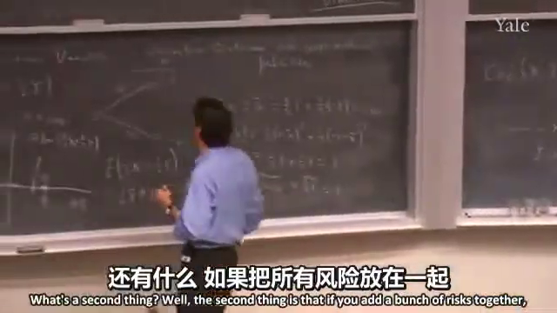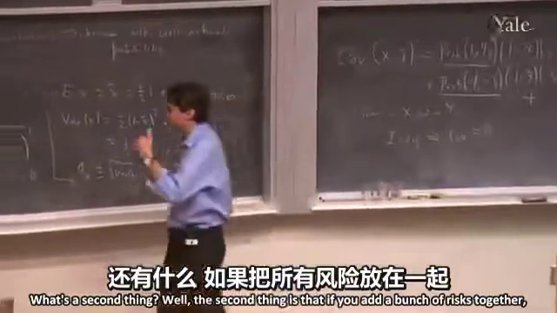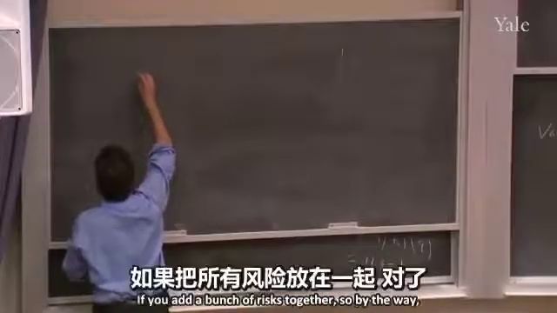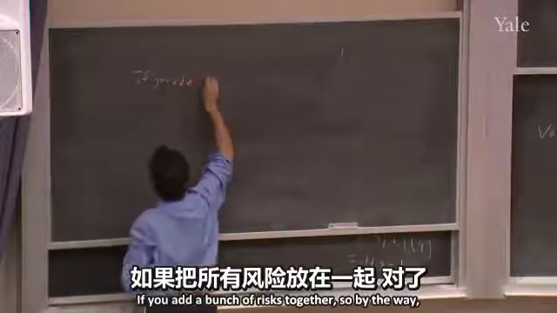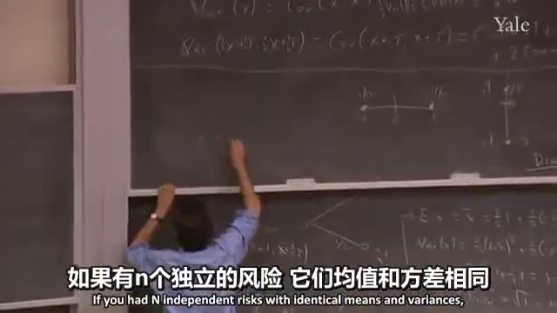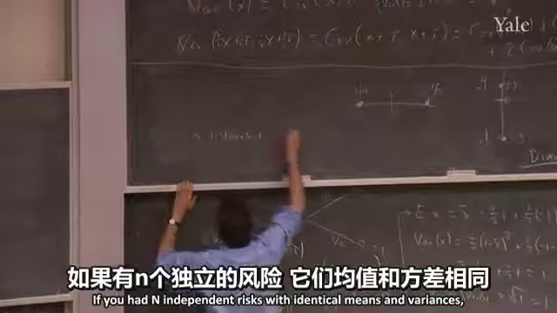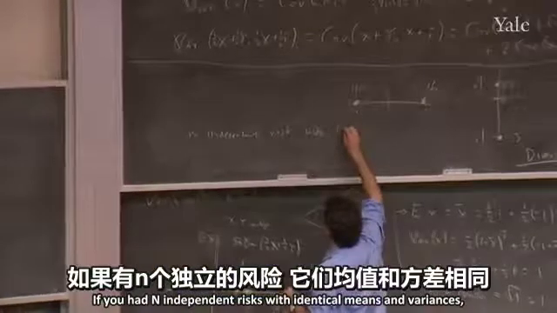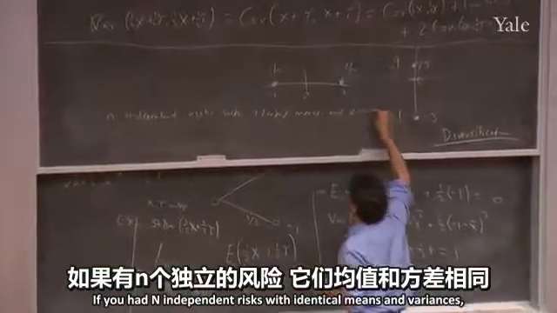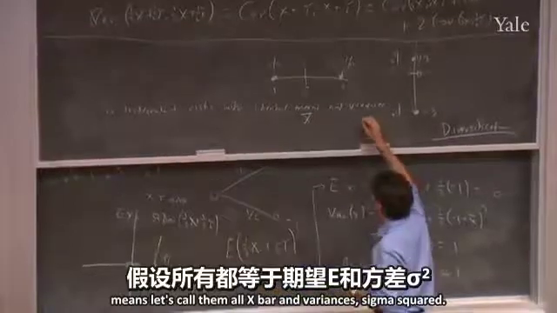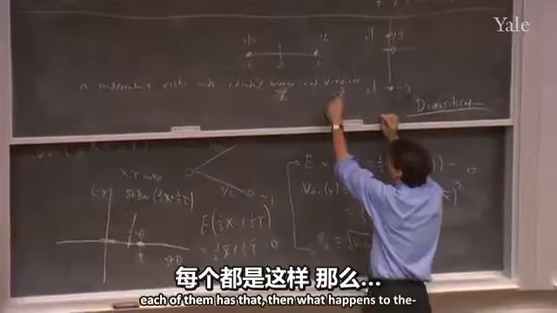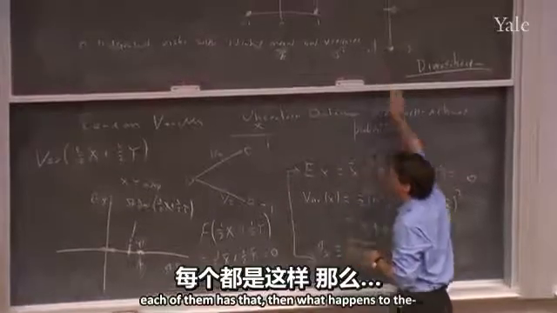What's a second thing? Well, the second thing is that if you add a bunch of risks together, so I'm going to say this loosely. By the way, what's a generalization of this? Before I say this, if you had n independent risks with identical means and variances, okay, means, let's call them all x bar, and variances sigma squared. Let's say they all have expectation E and variance sigma squared, each of them has that. Then what happens to the